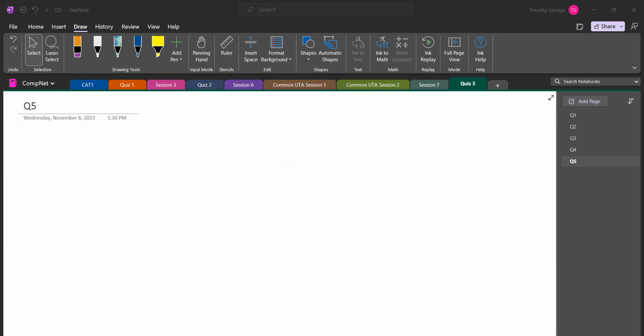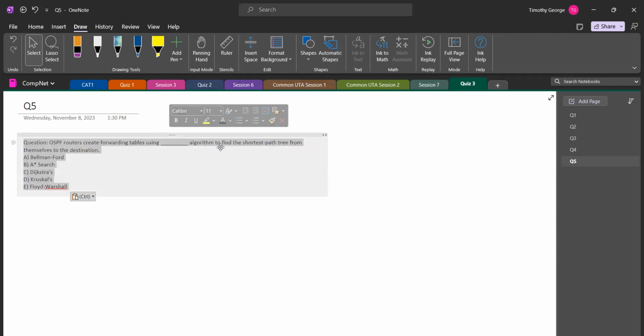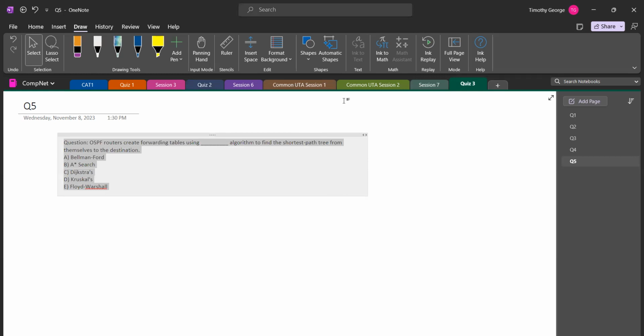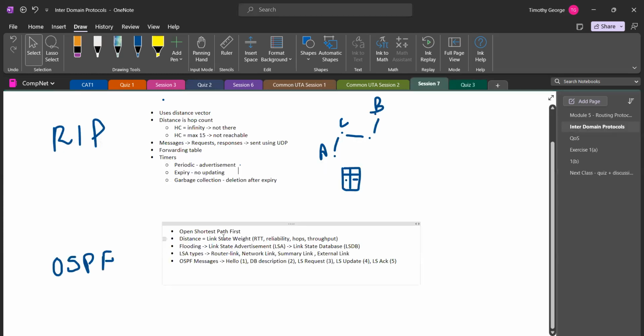Again, my answer key here shows the correct answer. So I'm going to just remove what is the correct answer and then paste it here. Okay, OSPF algorithm. So let's go back and see what is OSPF. OSPF we saw, you have a link state to it. Right, we have LSAs, all these things. Okay, so the question is,